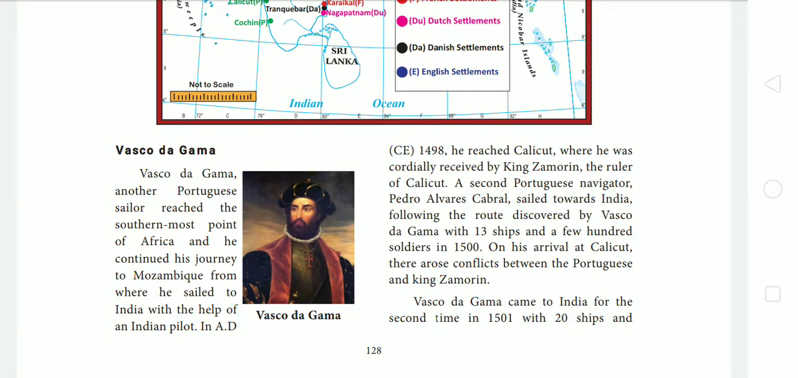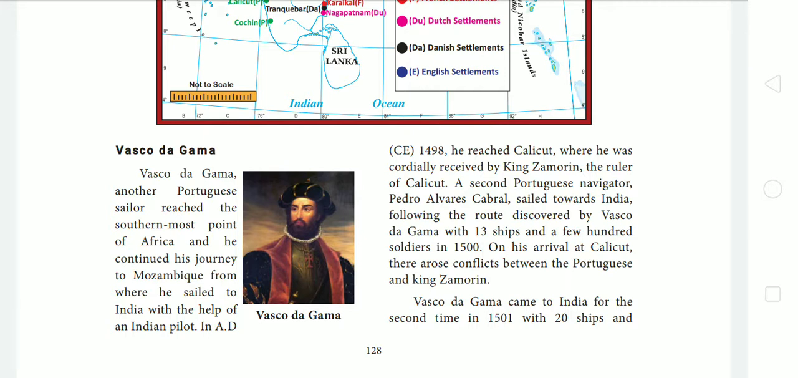On his arrival at Calicut, there arose a conflict between the Portuguese and King Zamorin. What does conflict mean? Conflict means fight. So after Pedro Alves Cabral reached Calicut, there was a fight between the Portuguese and King Zamorin. Then Vasco da Gama came to India for the second time in the year